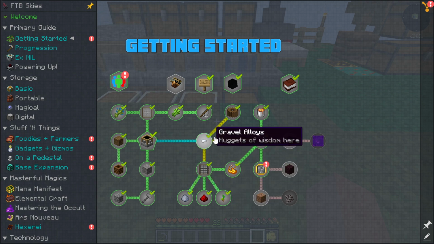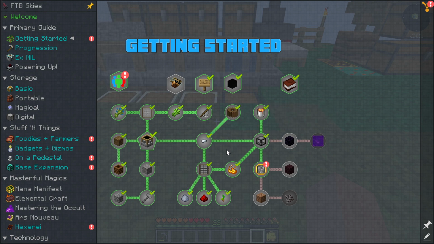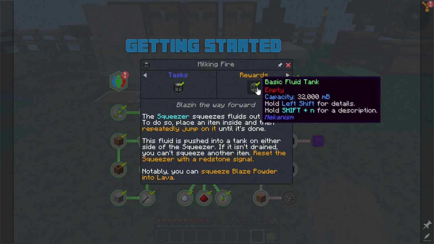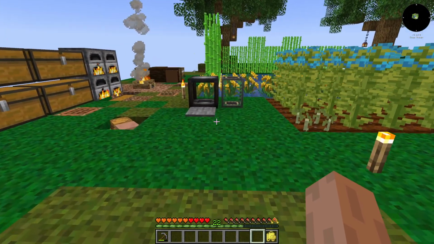So that, we've knocked out all this and that, and it's up and working, a great thing. So now, let's go over to this thing. We wanted to come up here. We got this. We wanted to milk the fire. It's kind of funny, but you're going to want to make a squeezer. Easy to do because you already have the iron now going through here. Make a block of iron. That's easy to do. It's just a block of iron. And once you complete this quest, it's going to give you a basic fluid tank, which is really important because